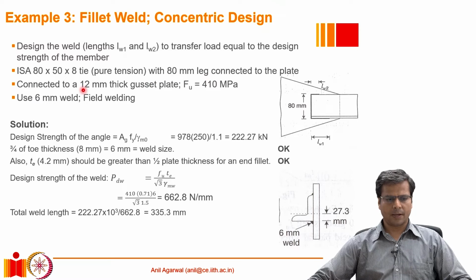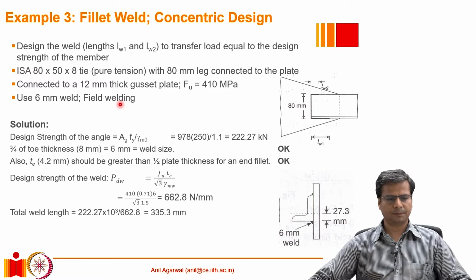Okay, and the gusset plate itself is 12 millimeter thick, and both materials, the gusset plate as well as the angle, are made of Fe410 steel, which is basically having an ultimate stress of 410 MPa, the yield stress of 250 MPa. Okay, and we are required to use 6 millimeter weld, a fillet weld of 6 millimeter size, equal sided fillet, and the welding is done